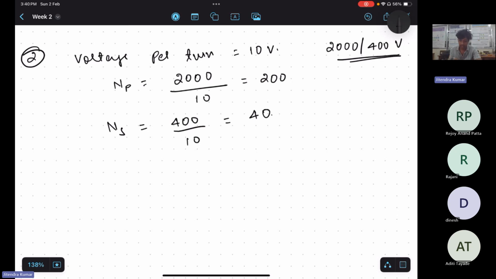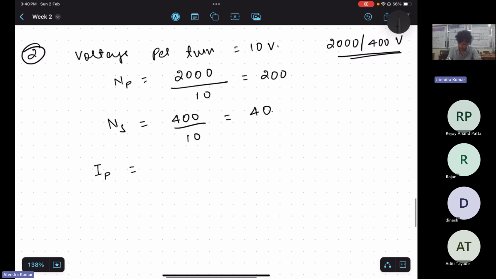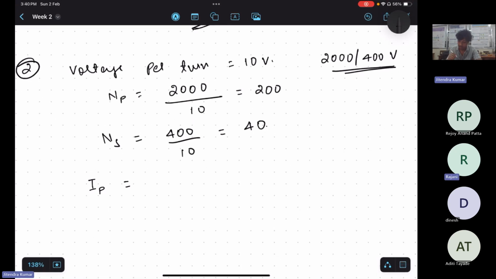Because you are given the kVA rating of the machine, right? Yes. So our objective now should be to calculate the primary current. That should be equal to kVA, which is nothing but 100 kVA. So 100 kVA